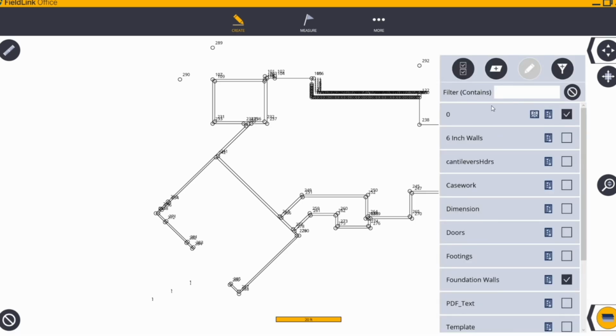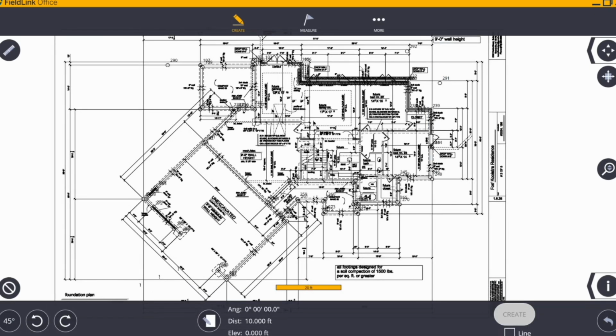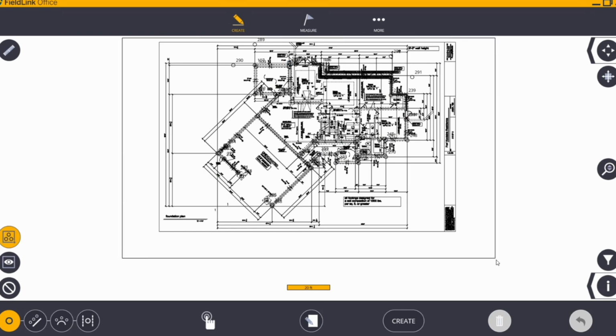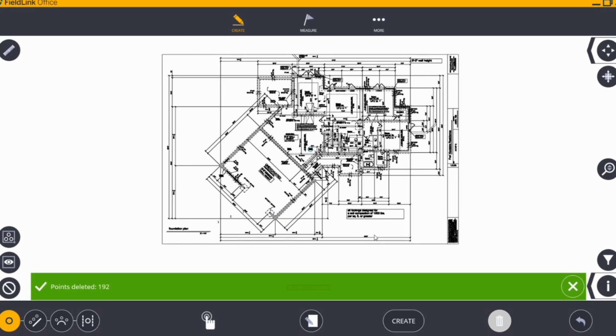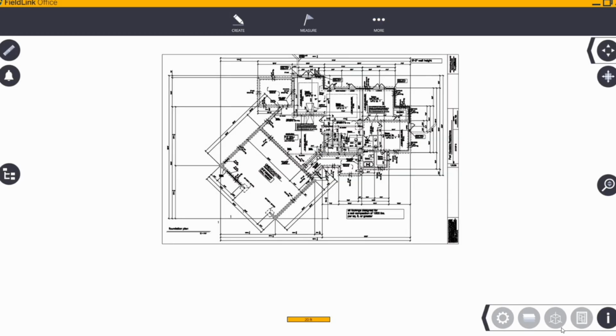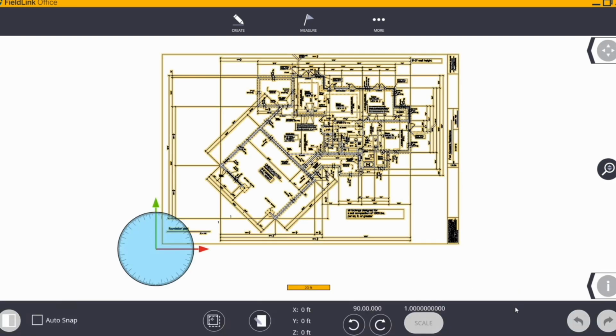One other thing I'll show you real quick while I have it here that you can do with a PDF or with any of our drawings is I'm going to turn everything back on and just delete all those points real quick that we created. What I can do here is if you're doing work in a subdivision or for a builder that does a lot of the same house foundation, but they maybe flip-flop different directions, what I can do here is go to my map and choose my plan here, go to edit, and I can flip to view it from the